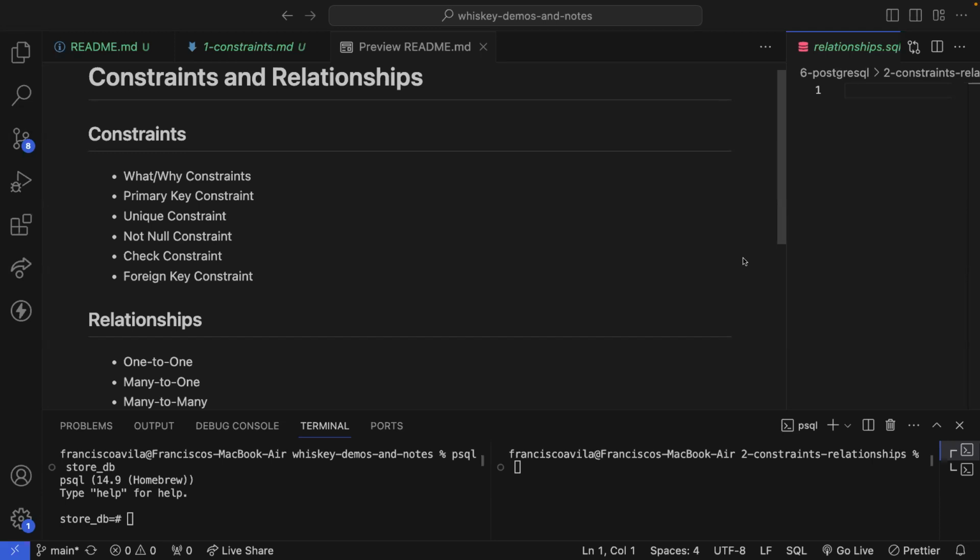Today we're going to be talking about constraints and relationships. In constraints, we'll be covering what and why constraints. We'll be covering primary key constraint, the unique key, not null, check, and foreign key. Some of these we've already seen in action, but we'll go into why we have them and what the uses